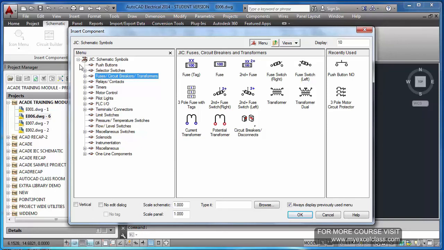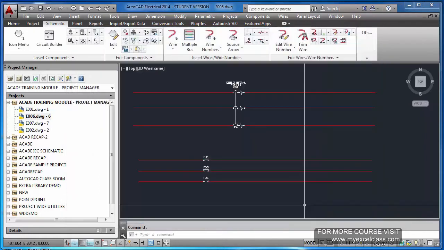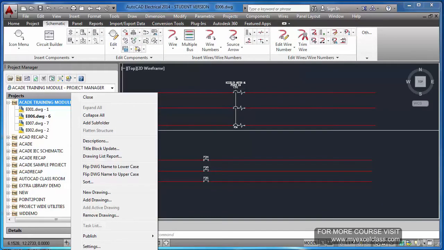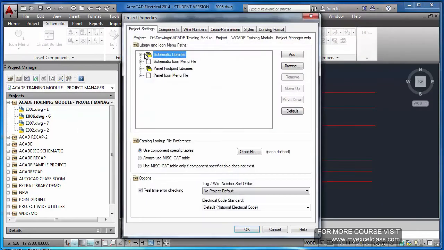In fact, you see these schematic symbols, JIC schematic symbols. There are multiple libraries, which must be there in your AutoCAD, so you can choose the library. I mentioned this in the beginning. If you see the project properties, here are schematic libraries and schematic icon menu.